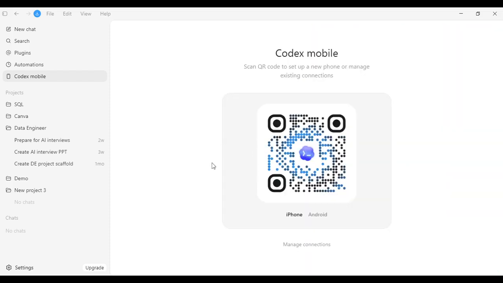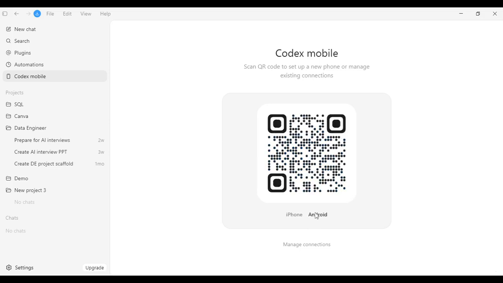So if Codex Mobile is there, this is for the iPhone. If you want it for Android, you can just open your mobile and scan this QR code. This scanner will scan and give you the complete Codex in your mobile.